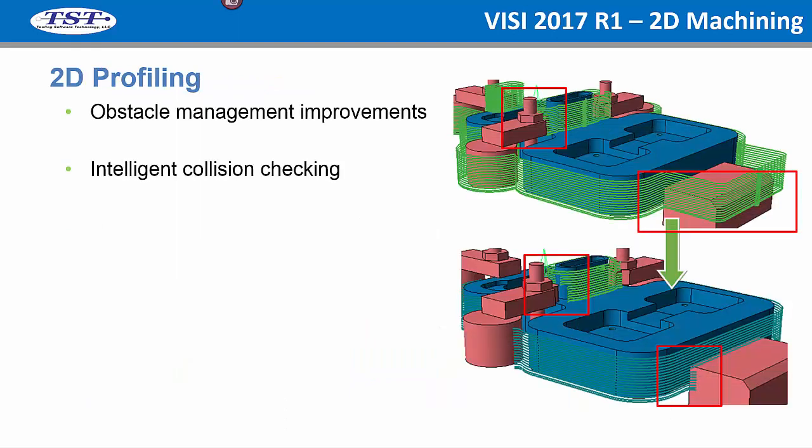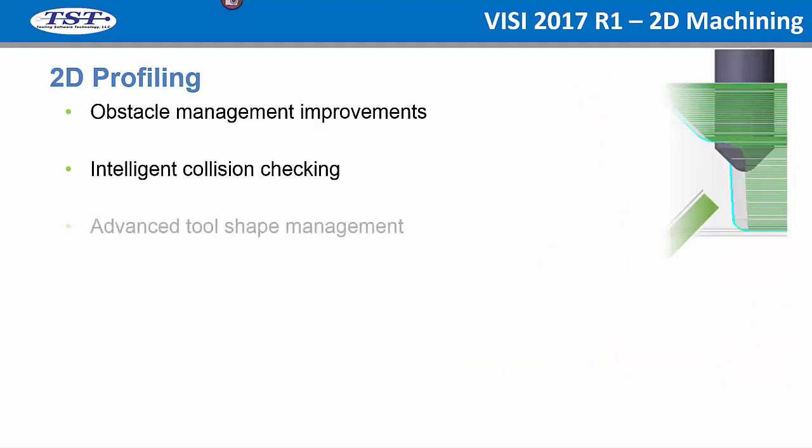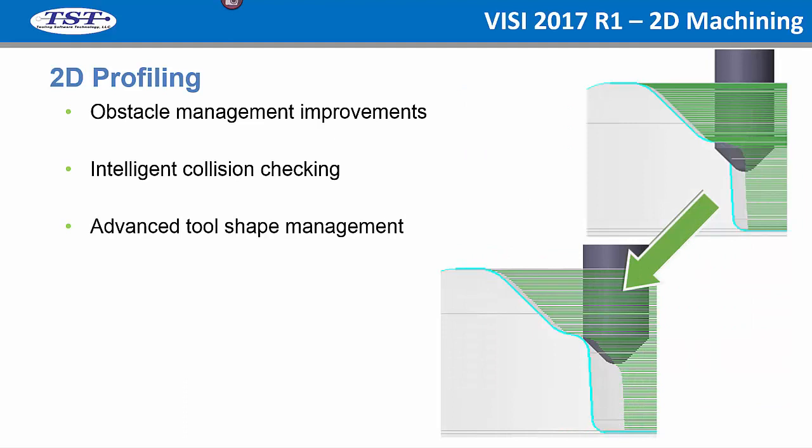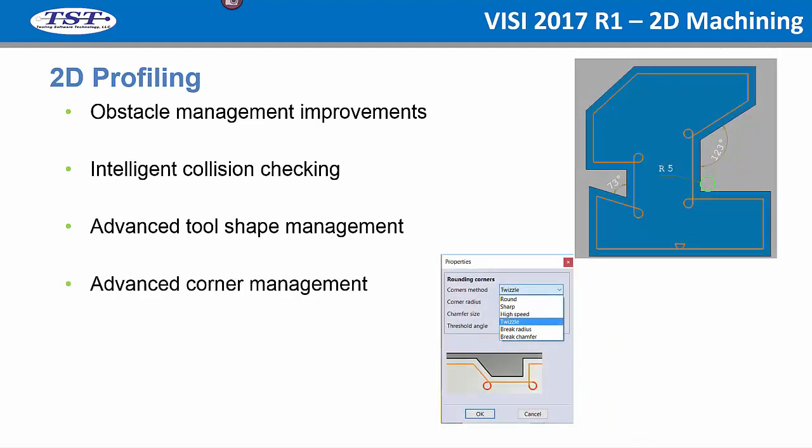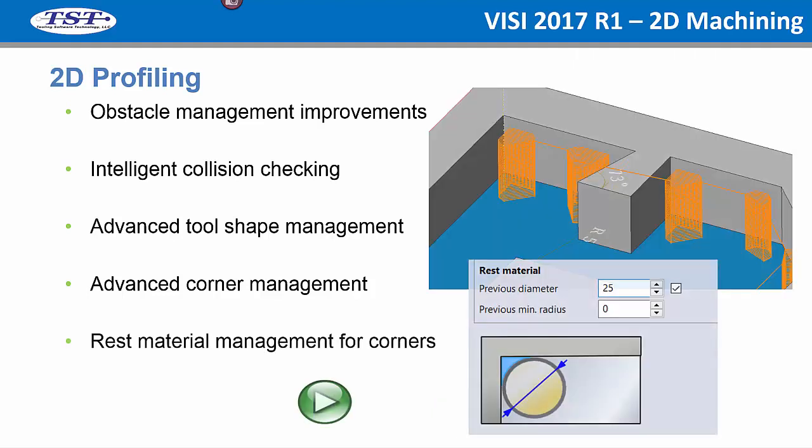So profiling, the obstacle management improvements has some obviously better intelligent collision detecting and trimming, and we have even furthered that in R2. So advanced tool shape management, it's going to help drive these tools in, say, a complex pocket around some of these areas and produce the proper shape. So also some advanced corner management. This is available in the profiling. We'll take a look at all this as well